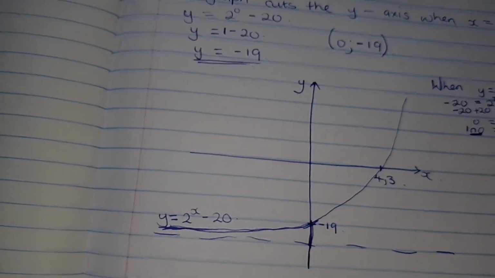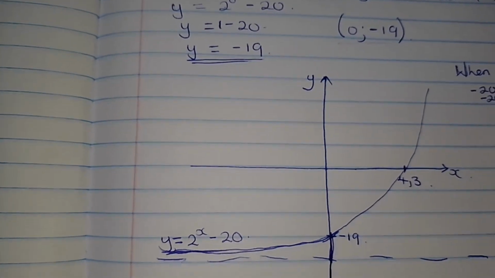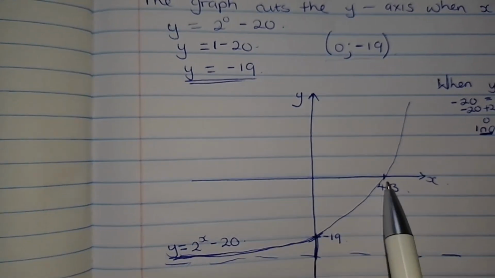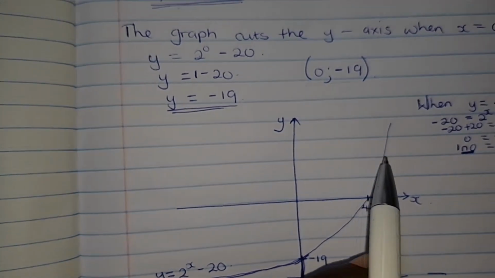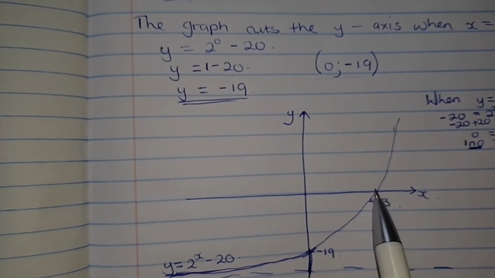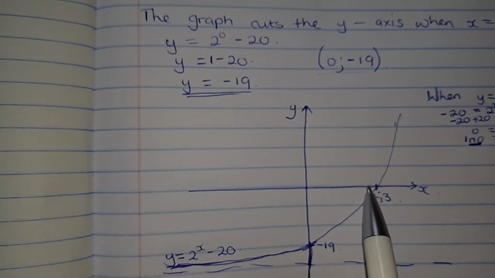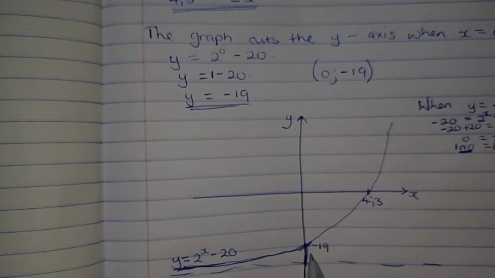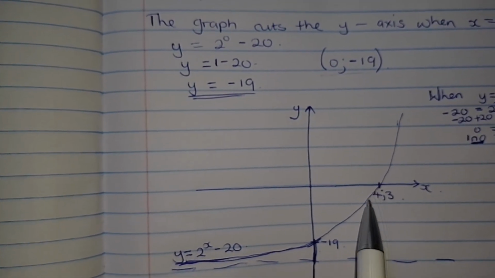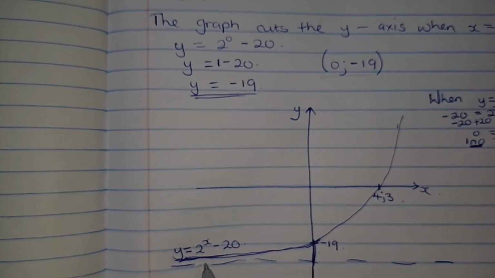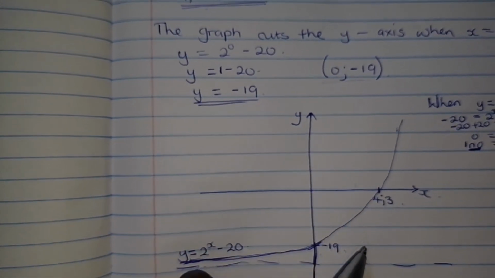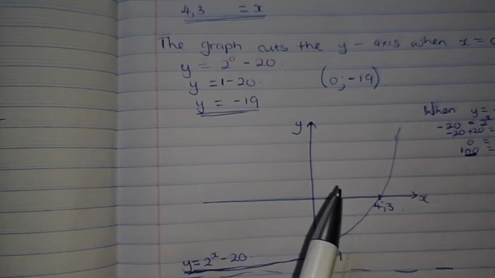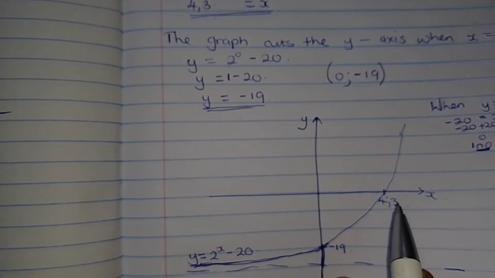So for the modulus, the graph is not going to pass the x-axis going downwards. The modulus is going to reflect this part upwards, right? So we are going to have our graph